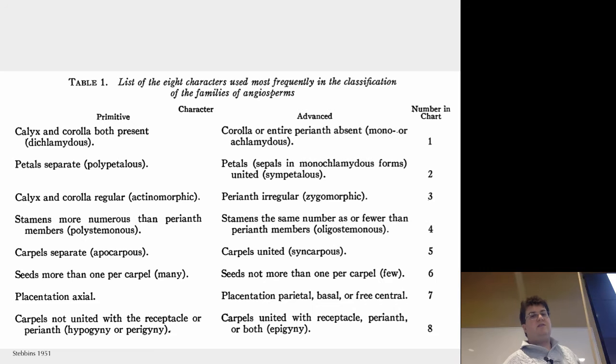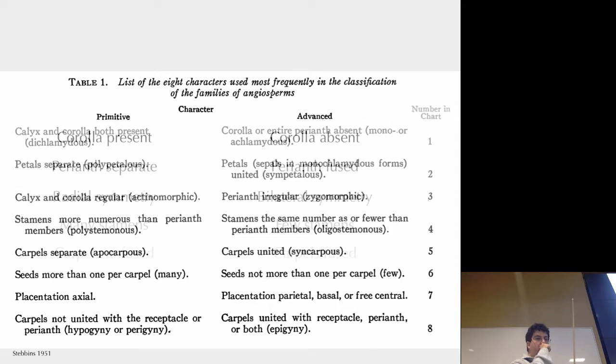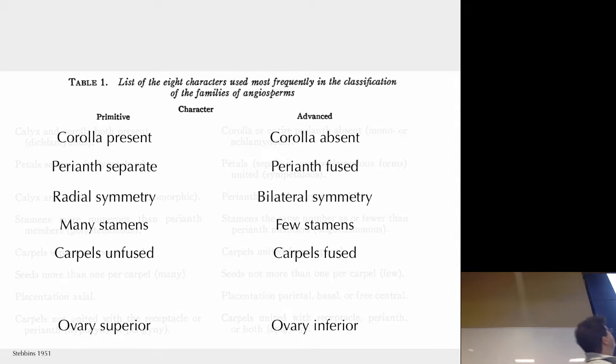Okay. So our group got together and settled on 6 traits instead. Right? Corolla present, corolla absent, radial symmetry, and so forth. And then went out and chose 500 species, made a tree for those species, and scored the characters. Right, so always the question of sampling bias and things like that. We had a very complex sampling scheme. It was a big pain in the neck, but it was to make this really as pure a sample as we could get. Okay, we got a sample of 500 species,